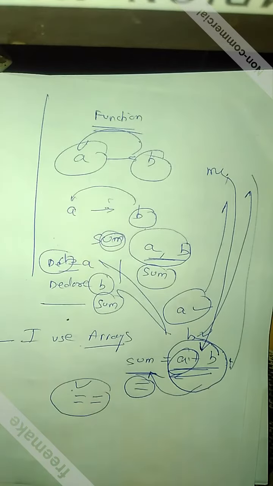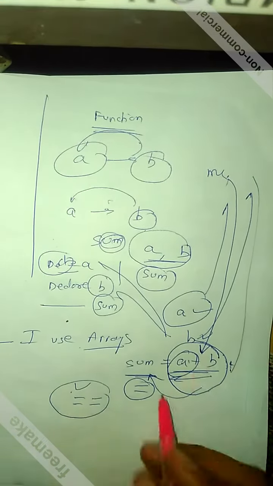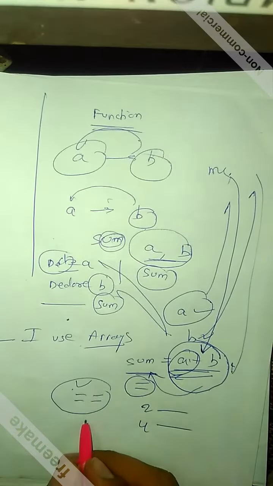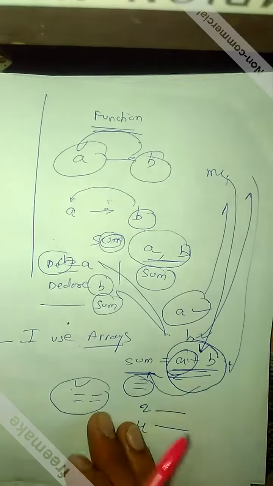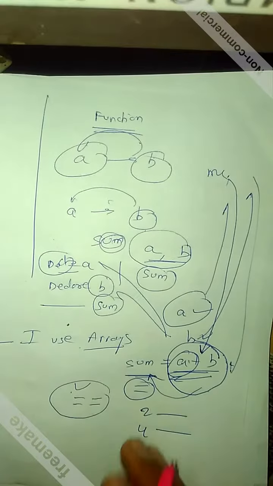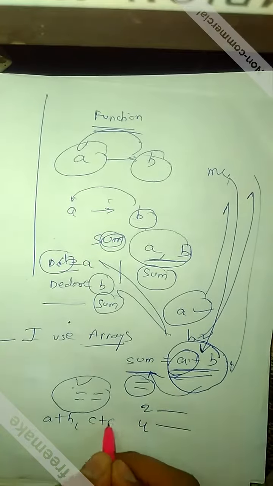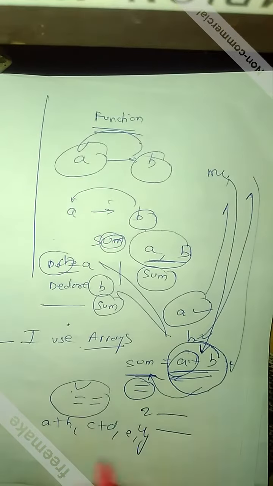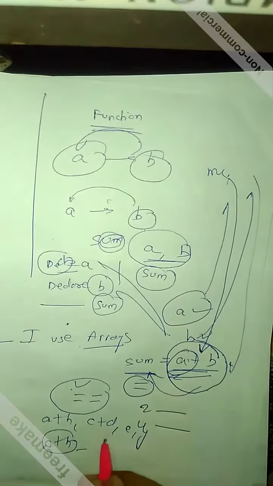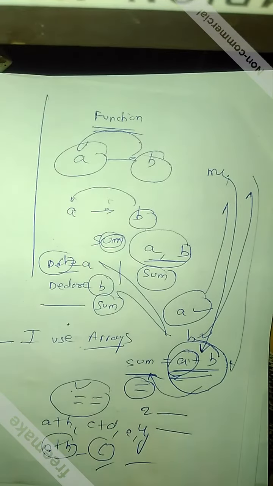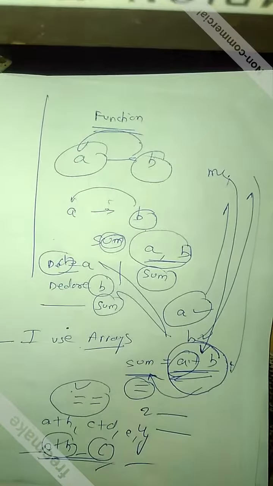Okay, now consider another case. In a simple program I will print this. Now what if I want to do this again and again, and instead of two variables I have four variables? And no, I am not saying that I want to add four variables. I am saying that I want to add them as sets of two. Like I want to add a plus b, then c plus d, then e plus f. And what if I want a plus b and then the result of a plus b with c? Okay, that's another topic. We will discuss it later. It's under recursion. Leave it.